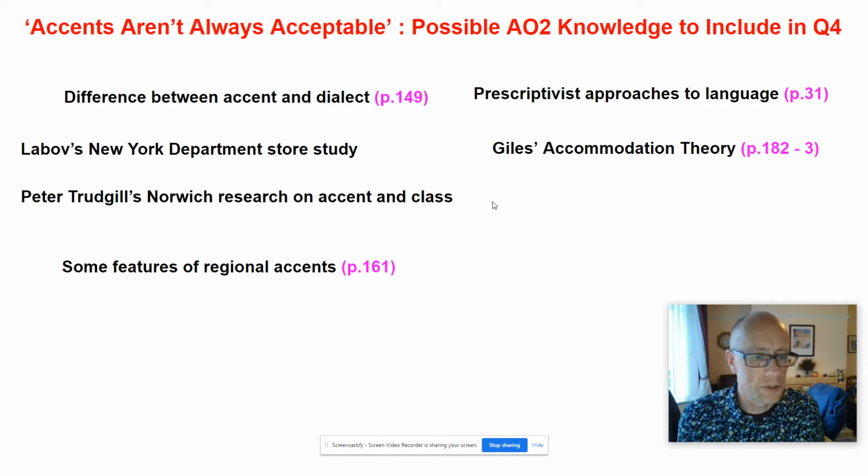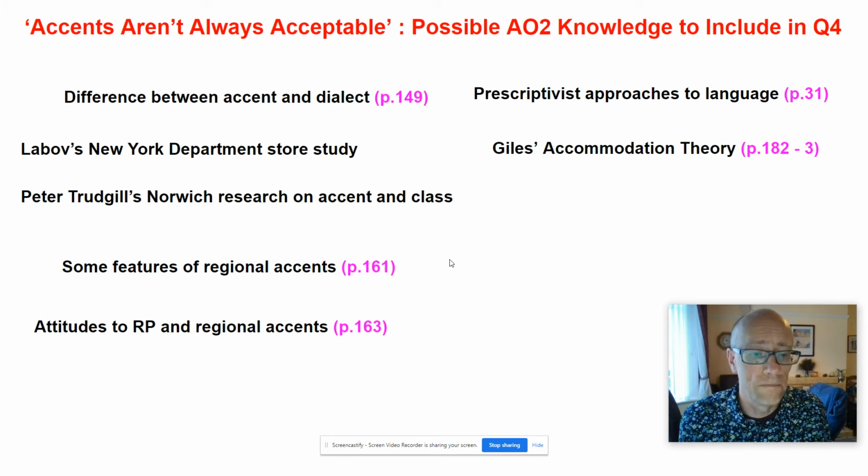So that's relevant. Given that there is talk a little bit about accents, for example, Hanson talks about the not so subtle Mancunian accent, there is some mileage maybe in making some observations about the actual phonological differences between some of these regional accents, and you'll find a little bit of detail of that in the AQA textbook